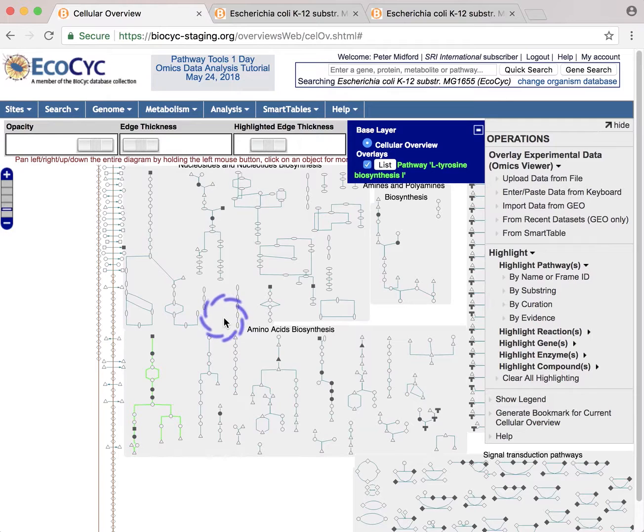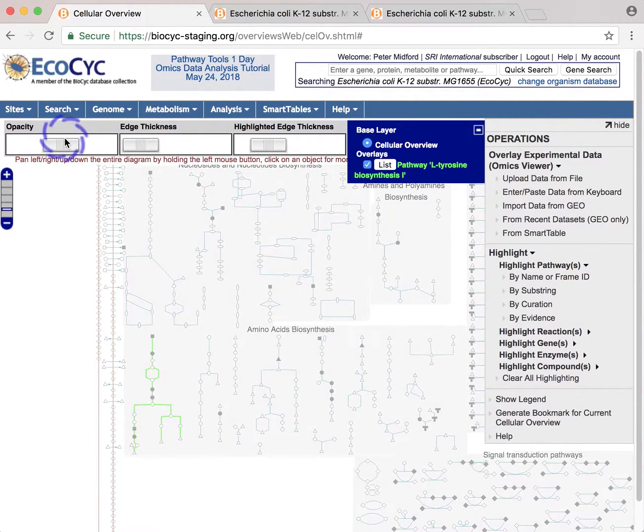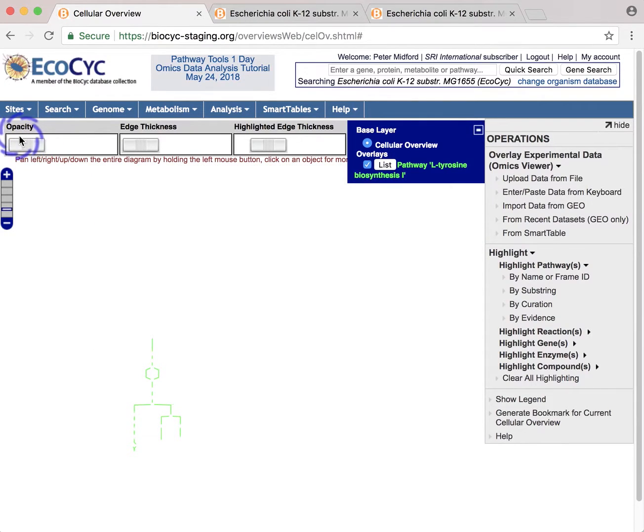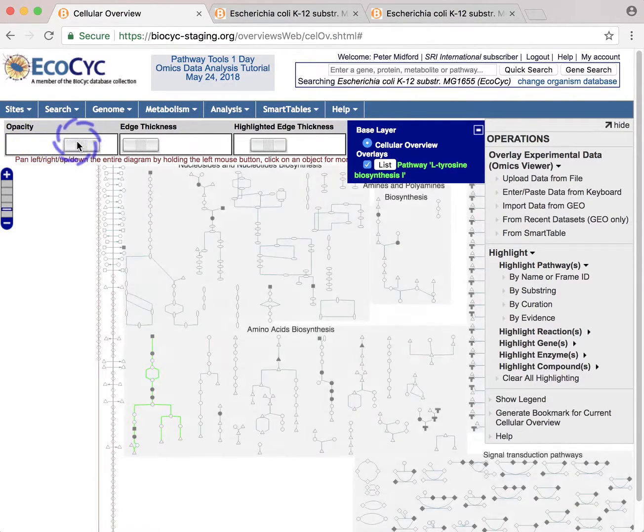With the highlighted pathway in view, if I slide the opacity control to the left, everything in the diagram becomes more transparent except the highlighting. When I get all the way to the left, everything in the diagram except the highlighting becomes transparent. Moving that slider back,